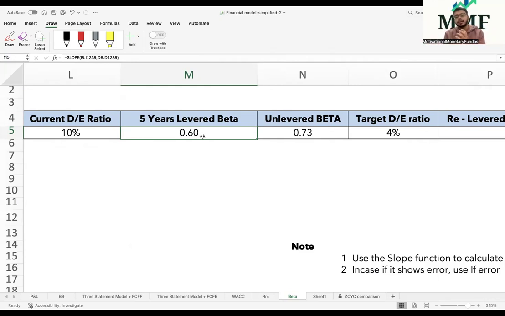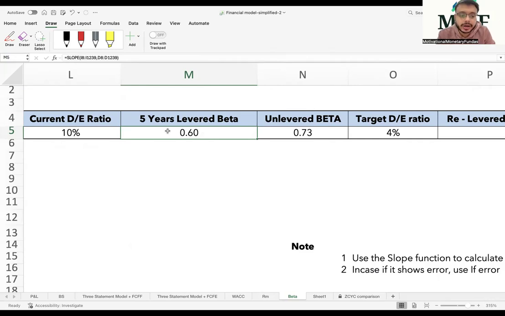उसी के बेसिस पे हम जब भी कॉस्ट ऑफ इक्विटी निकाल रहे हैं, we need to have the impact of the new beta into it. We cannot use the old beta because financial modeling and valuation is all about forecasting. So you have to use the forecasted beta. You cannot use the old beta.